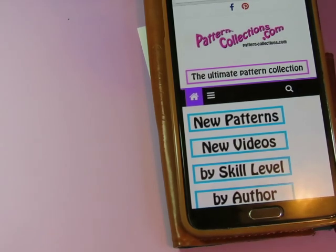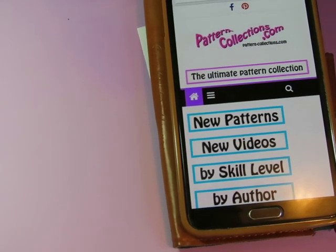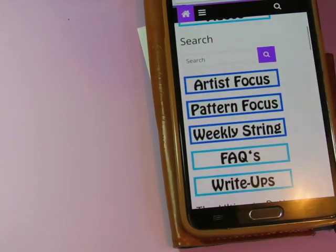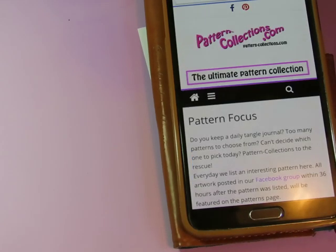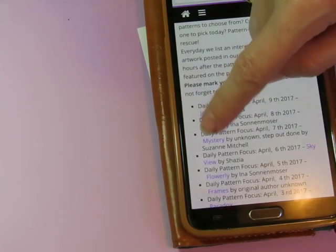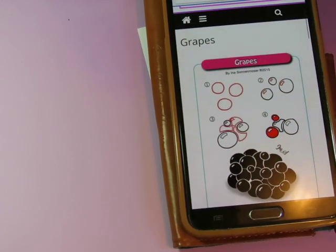Everyone, let's try one more pattern today. Let's see, patterncollections.com, pattern-collections.com. Just go to the website. On your phone, you can scroll down to where it says Pattern Focus. Under Pattern Focus, you can find today's pattern, which is going to be Grapes, which is one by Ina Sona